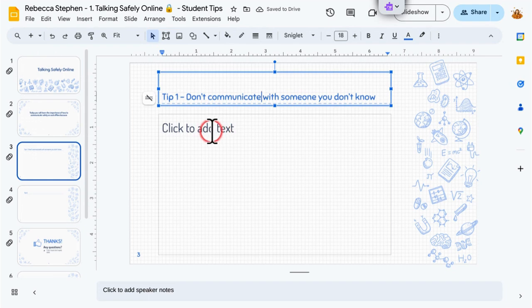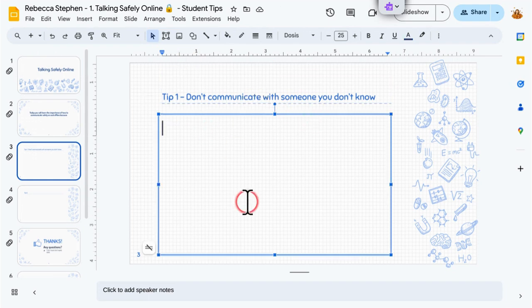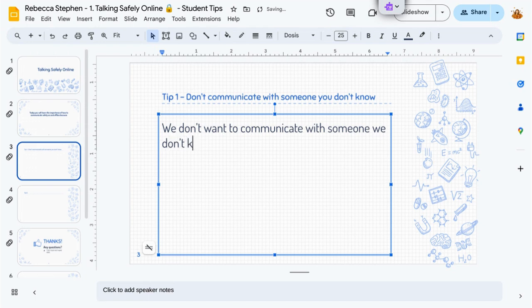So now in this box down here, we're going to explain why we don't want to communicate with someone we don't know. We don't want to communicate with someone we don't know online because, and you want to fill in the blank. So think about all the things we talked about. We don't know who they are. We don't know if who they say they are, and they might be trying to get some private information from us. Once we fill in that blank,